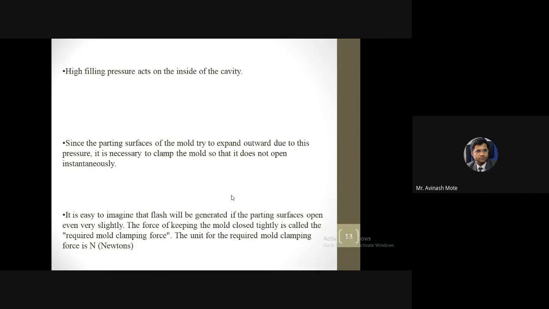And what will happen when we are pressurizing the raw material using some ram or plunger? This material will not come out of the mold, but at least it will flow over the parting line, over the parting surface, and it will create a flash. It will create a flash.